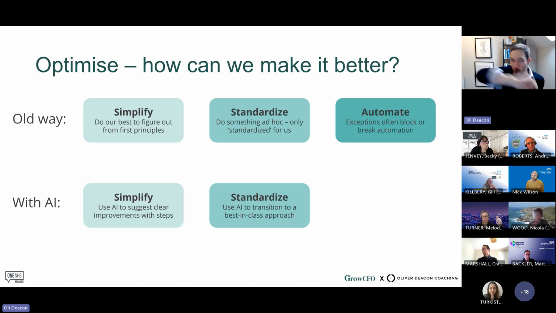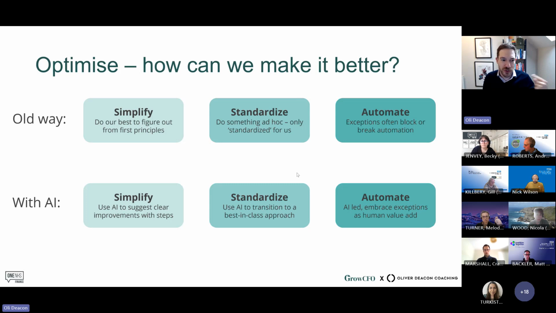If 99 of you all put the same process into AI, the majority of you will get the exact same answer. And that means that across trusts, if all of you are asking AI, how can I do this better? How can I process these invoices better? How can I calculate the cost of these procedures in a better way? It will generally tell everybody the same thing. And purely by using AI, we will transition to a standardized approach. And that will enable us to easily move to automation.